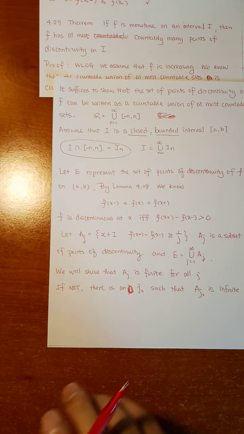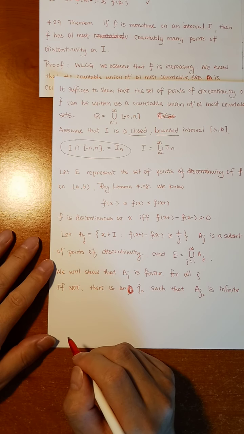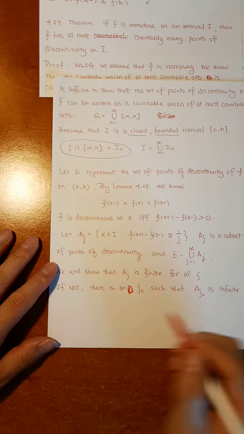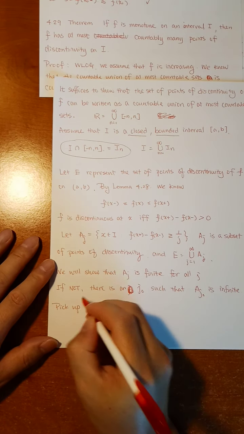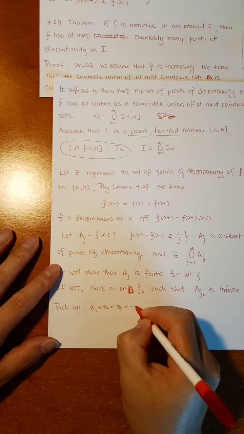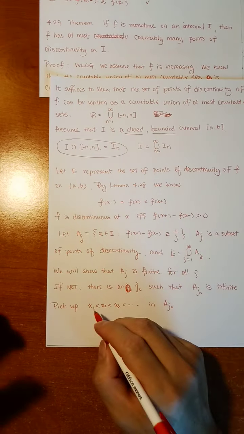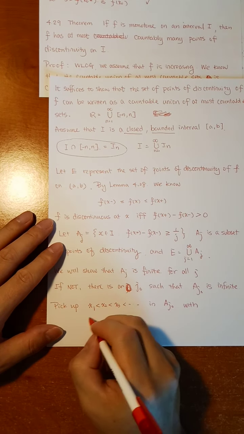Since it is infinite, we can always pick x_1 less than x_2 less than x_3 and so on in A_{j_0}. Not all of them, but just pick these. Because they are all inside A_{j_0},